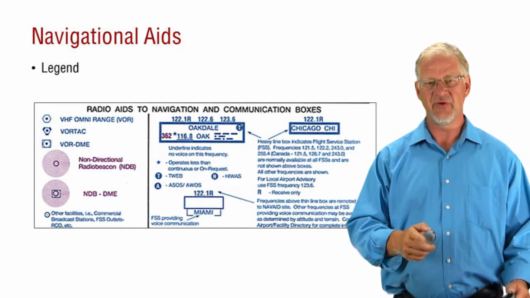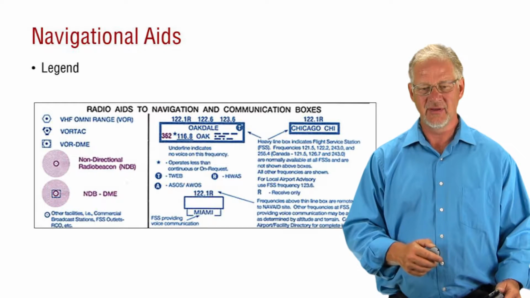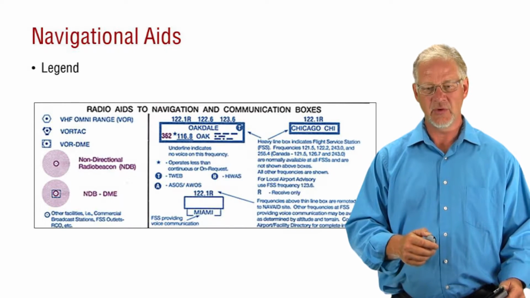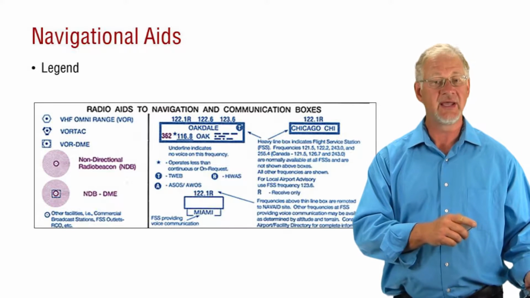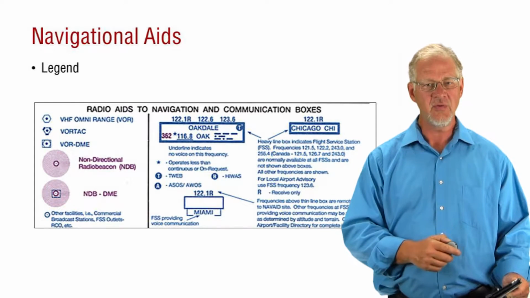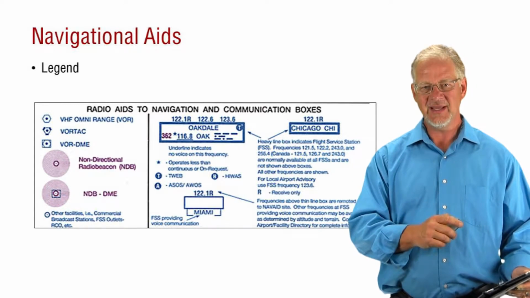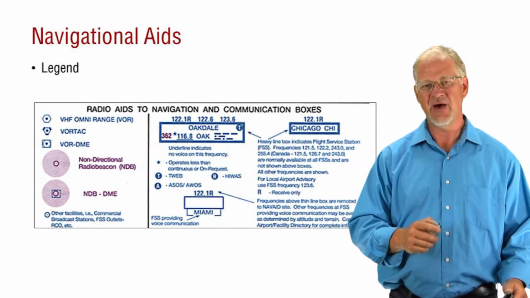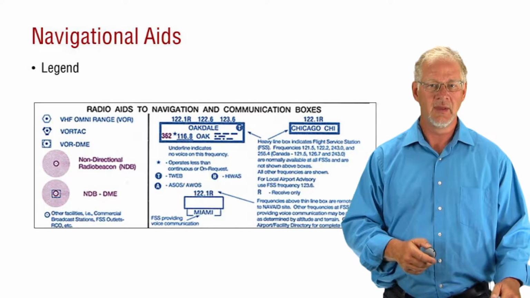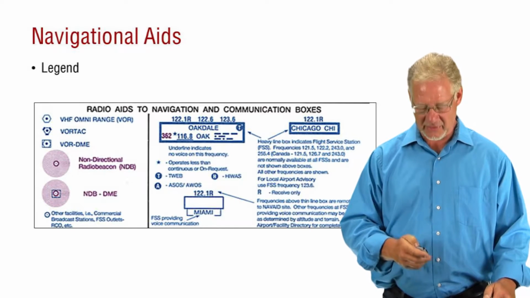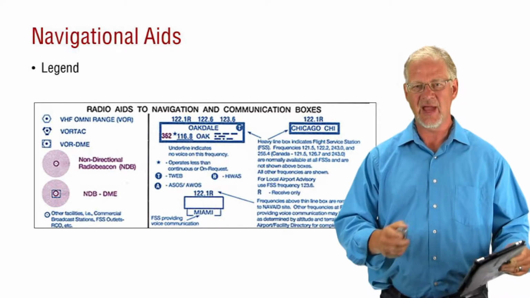But in this case for Traverse City, it actually has a distant measuring piece of equipment called a VOR. So it's not going to be from the airport unless that's where the VOR is located. In Traverse City, it's actually located to the southeast part of the airport, actually south-southeast of the airport. So I'm going to run you through an example of how that looks and how that works coming up in